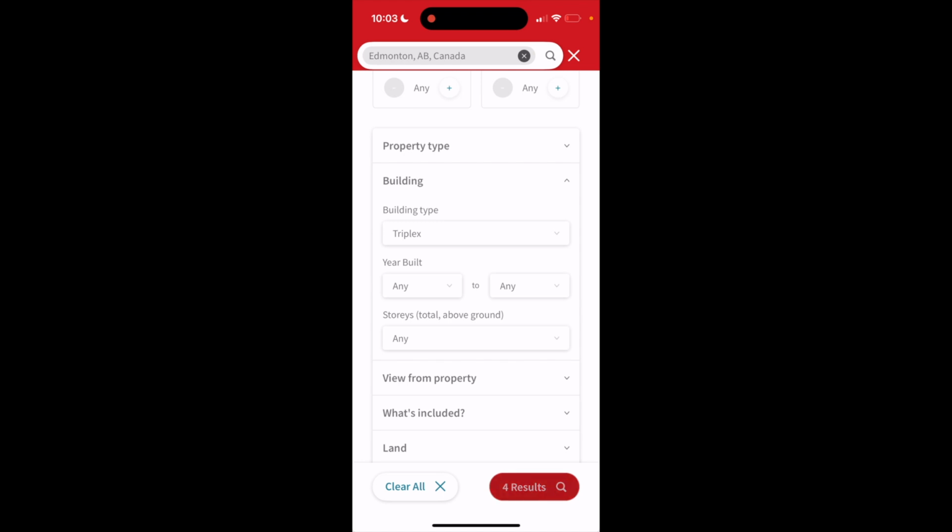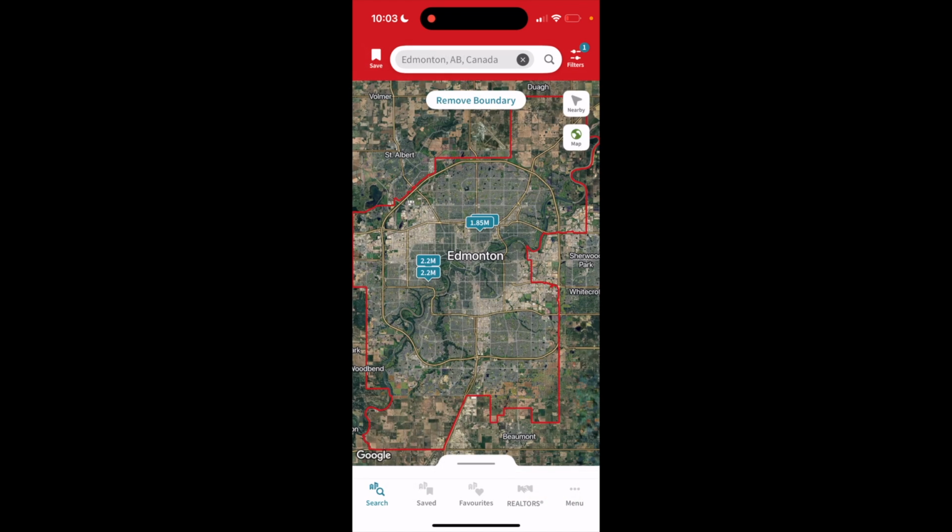Now what you're going to be looking for is triplex units that are for sale. So very simple, very straightforward. This is how to find triplexes for